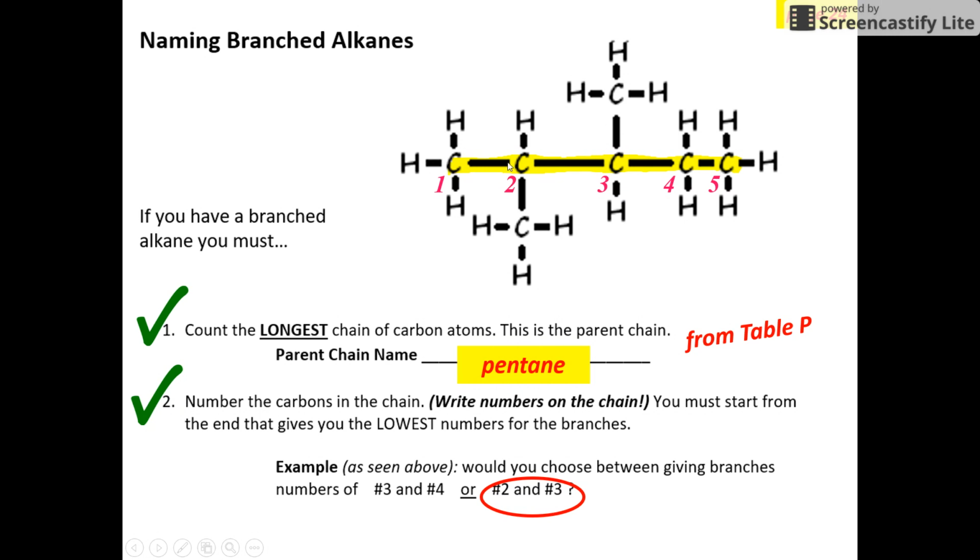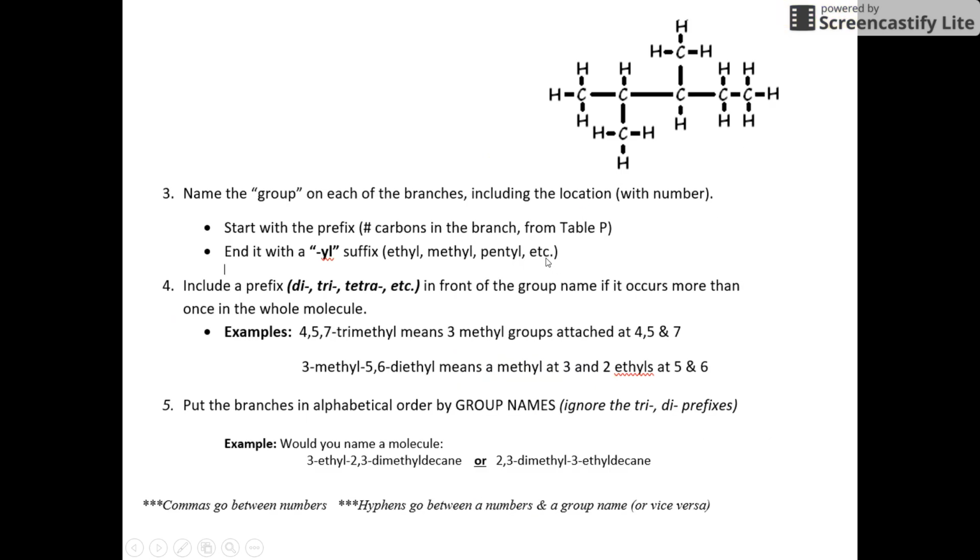So I had to start numbering it at this end to end up with lower numbers. And I ended up with a branch at 2 and a branch at 3. That's lower than a branch at 3 and a branch at 4. Okay, next up, we've named this thing partially as a pentane, and we've numbered the carbons in the parent chain,